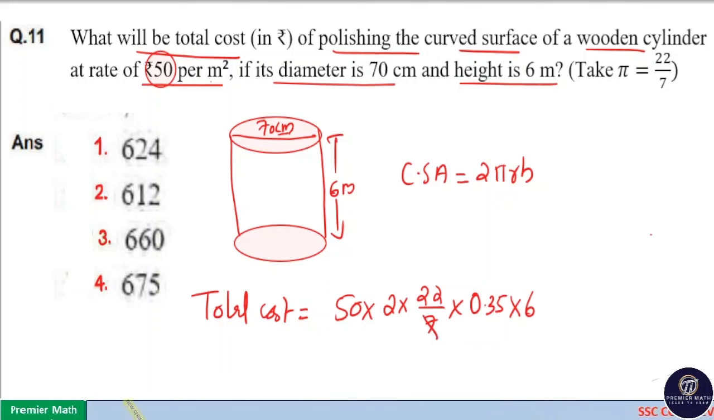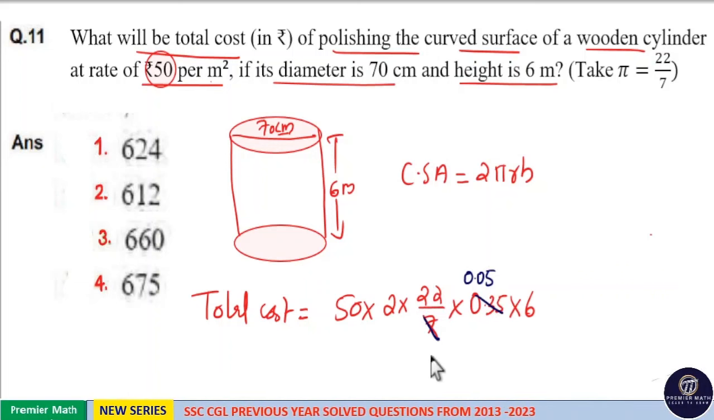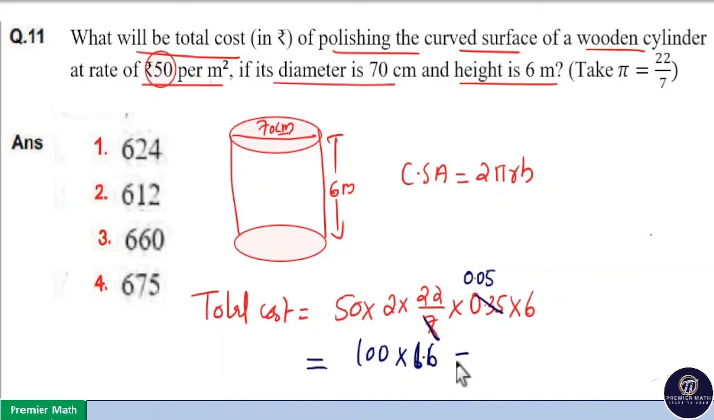Now 7 goes 5 times in 35. So 7 goes 0.05 times in 0.35. 22 into 0.05 is, 22 into 5 is 110. So 22 into 0.05 is 1.1. So 1.1 into 6 is equal to 6.6. 6.6 into 50 into 2 is 100. So 100 into 6.6 is 660. So option